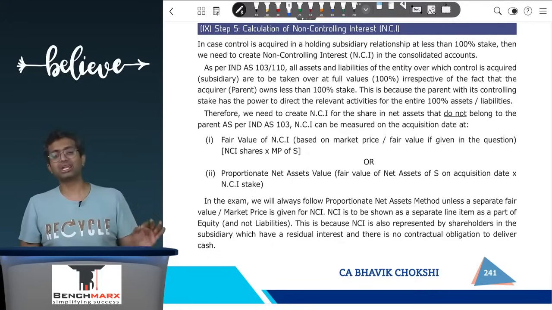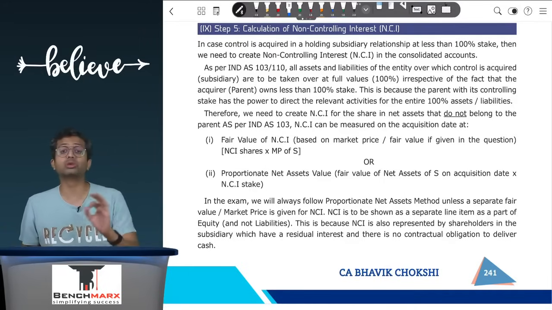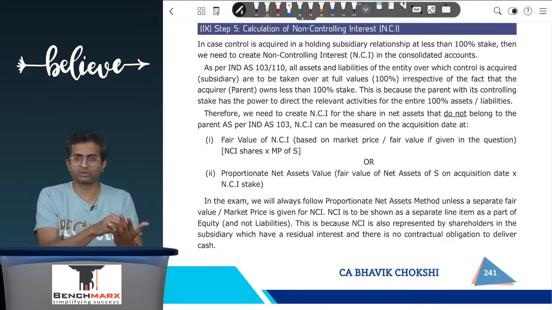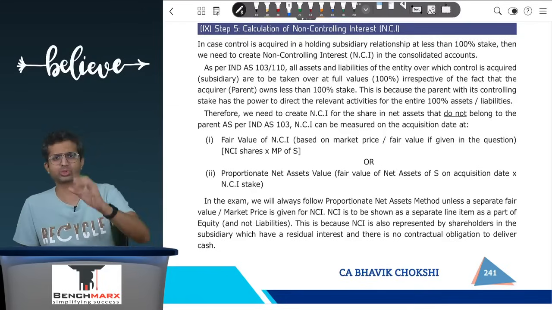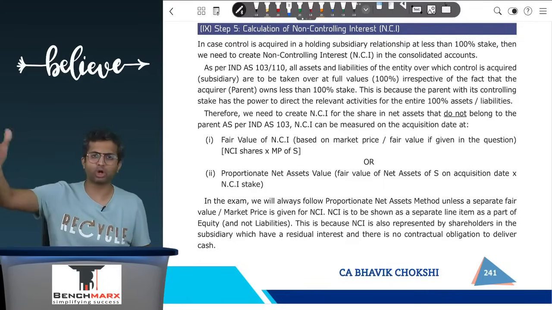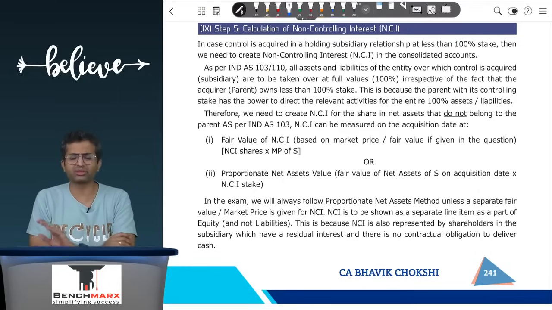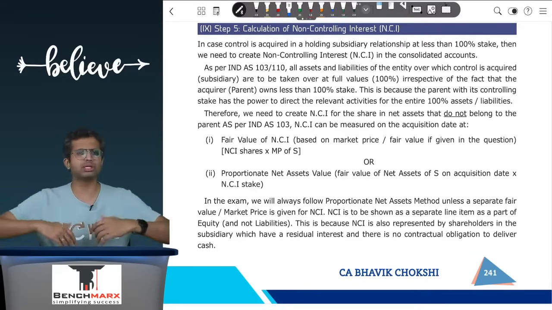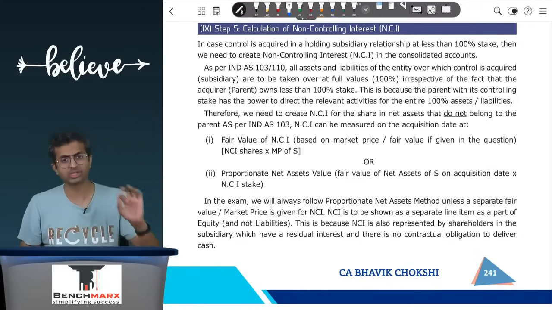Now, Ind AS has two methods to calculate non-controlling interest. First, NCI can be calculated using the fair value method. Now, this was not there in AS. For example, you can take the number of shares held by the non-controlling interest owners. Let's say there were 1000 shares in the subsidiary, out of which 30% are held by NCI, that is 1000 into 30%, 300. You will go into the stock market and see the fair market price of each of those shares. We will forget the assets and liabilities that the subsidiary has. We ask, what is the market price of these shares? If I had to go to the market and acquire these shares, how much would that be worth? That is the fair market value. You are showing all assets, all liabilities, PC, everything at fair value. NCI can also be shown at fair market value.